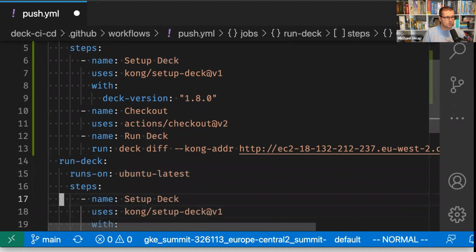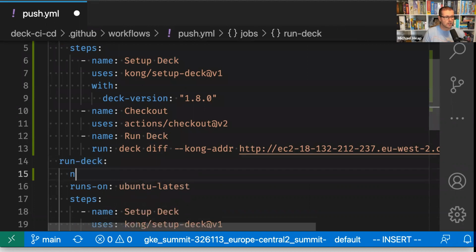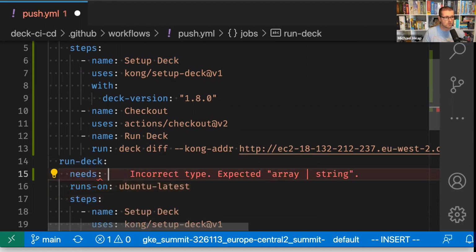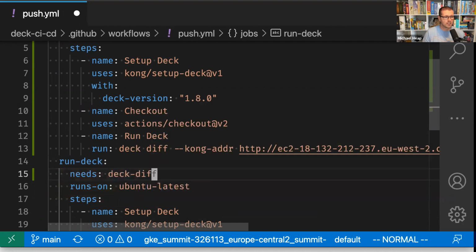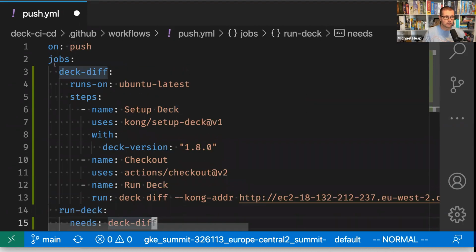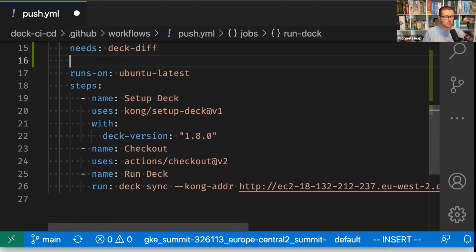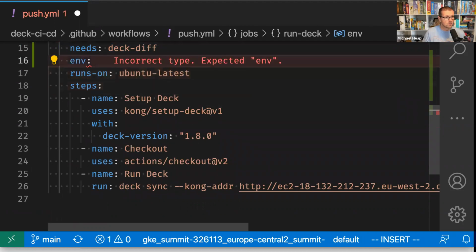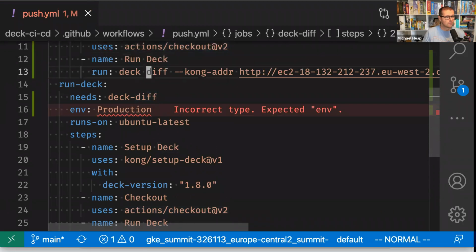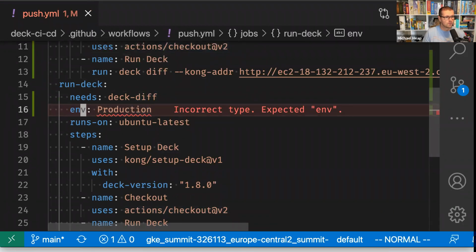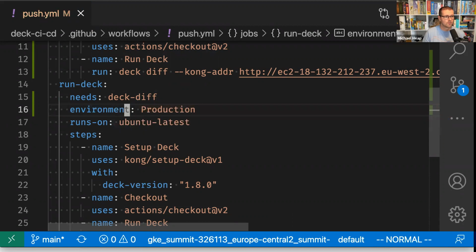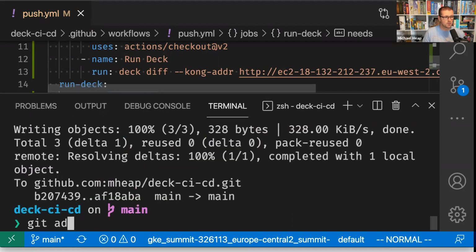And then we've got run decK, which needs decK diff. So we're adding some ordering here. So this decK diff job will run before run decK. And also this depends on the environment, the production environment. And it's environment, not env. If I push that up,